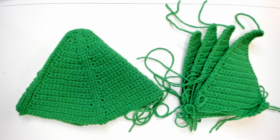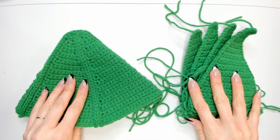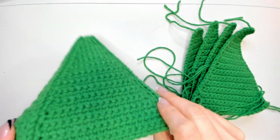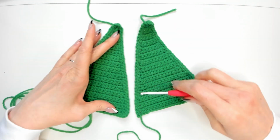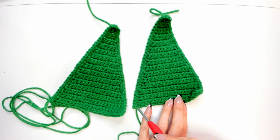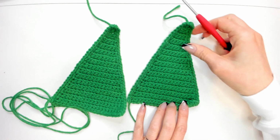As I said, this is low sew, but lots of seaming together. So now we're going to take 4 triangles and turn them into a pyramid. And you will need 2 pyramids to sew together in the end. Okay, so we are going to seam up these 2 sides, and then we'll just add the other 2 around. And since we ended our triangle down here when we put the single crochets along the side of the triangle,